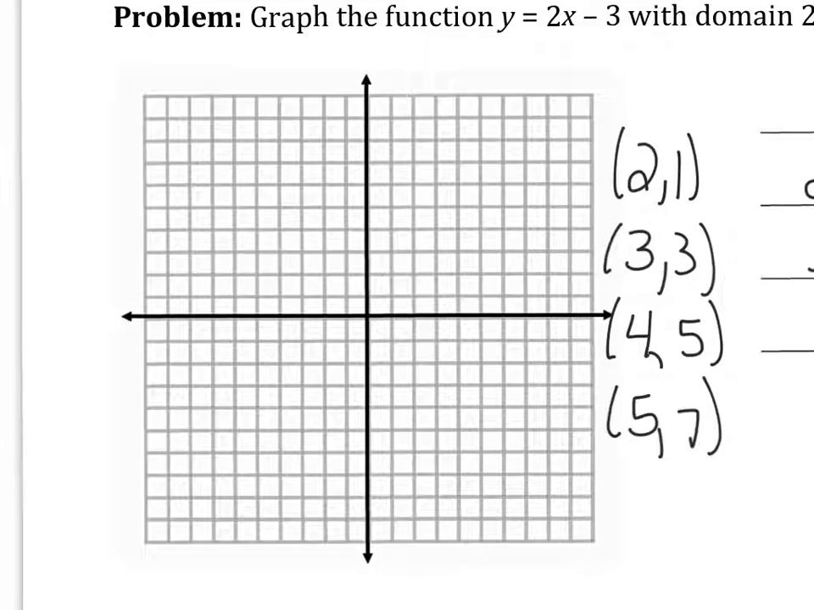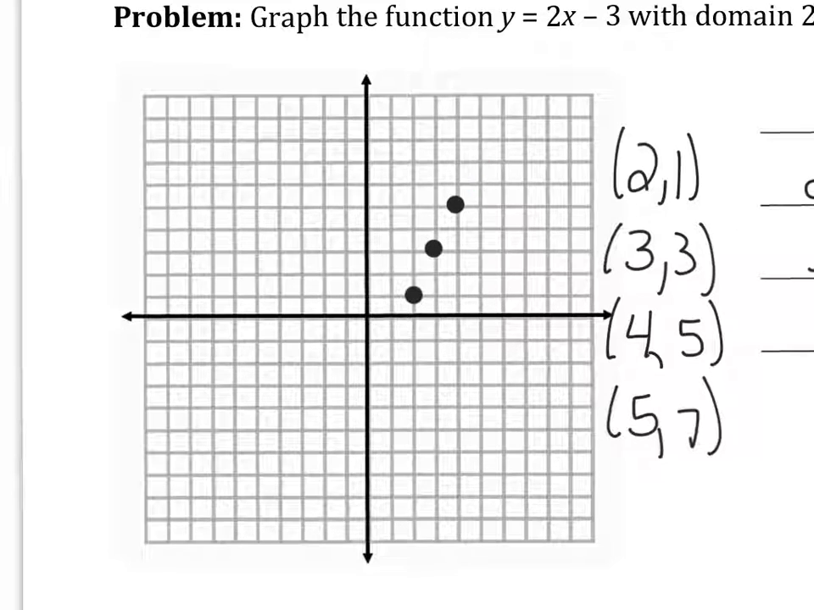So for the first one, (2, 1), I'm going to go to the right 2 and up 1. Next, I will plot (3, 3). So I'll go to the right 3, 1, 2, 3, and up 3, 1, 2, 3. Next, I'll plot (4, 5). So I'm going to go to the right 1, 2, 3, 4, and up 1, 2, 3, 4, 5. And finally, I'll plot (5, 7), so to the right, 1, 2, 3, 4, 5, and up 1, 2, 3,